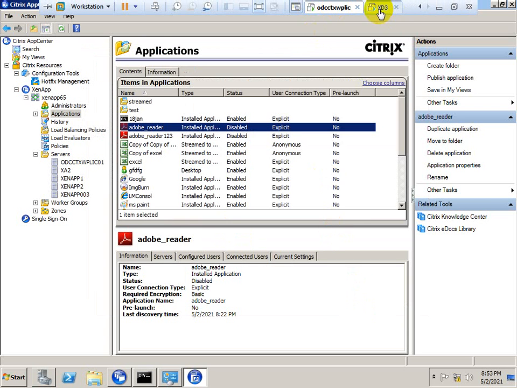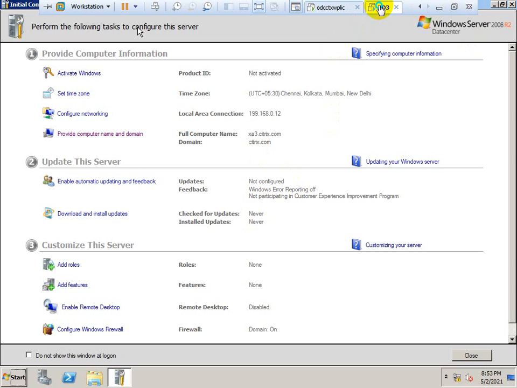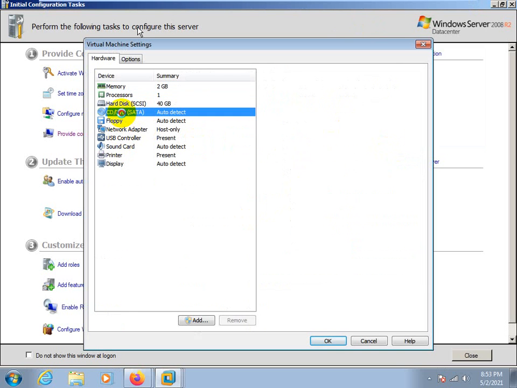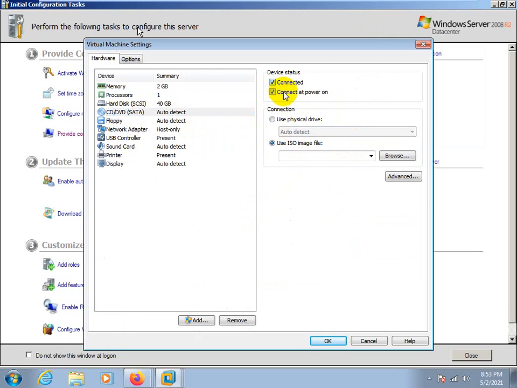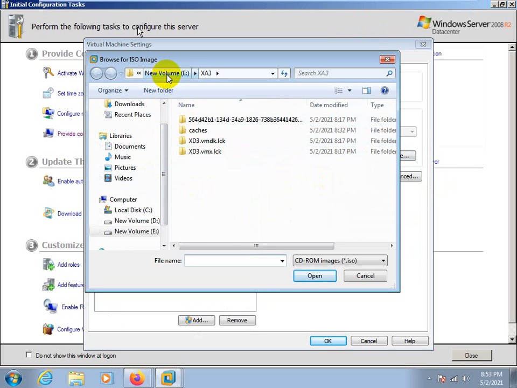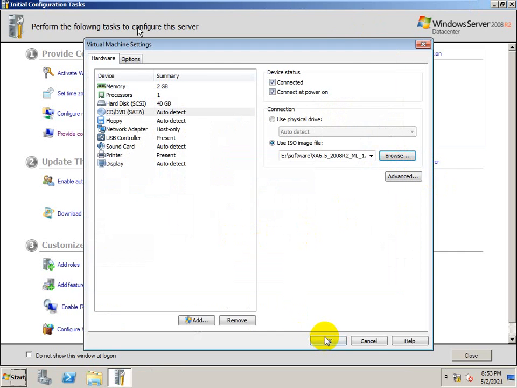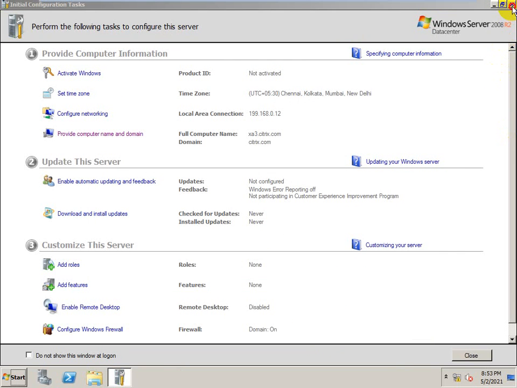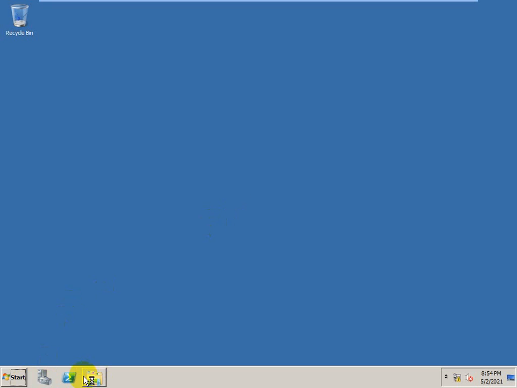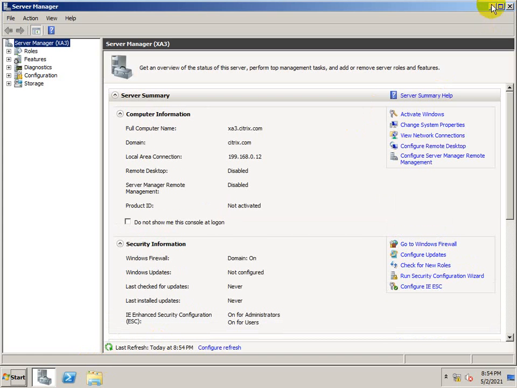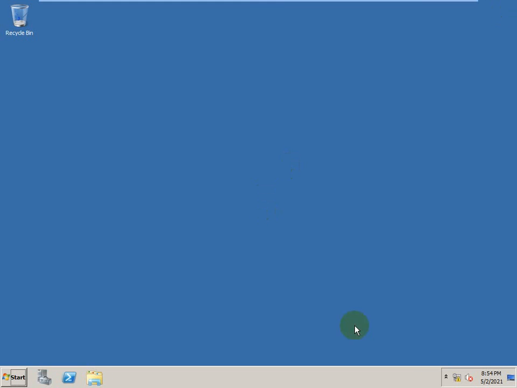Sir, how does the user access that application?